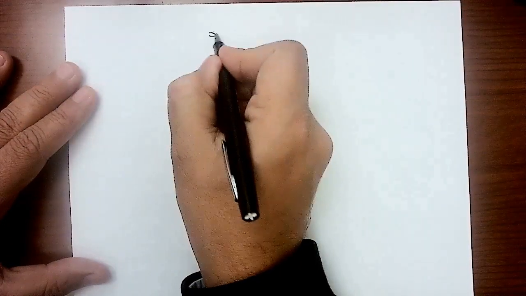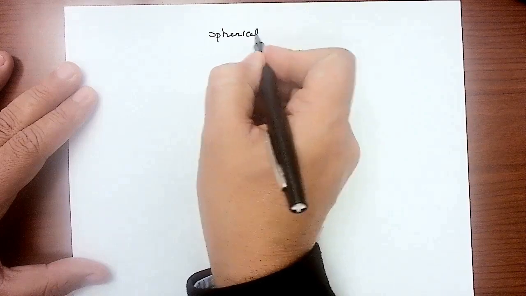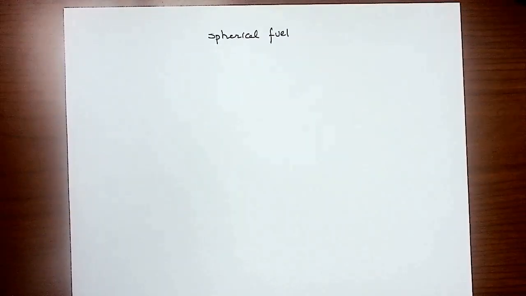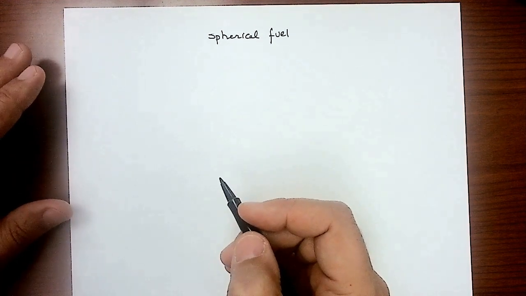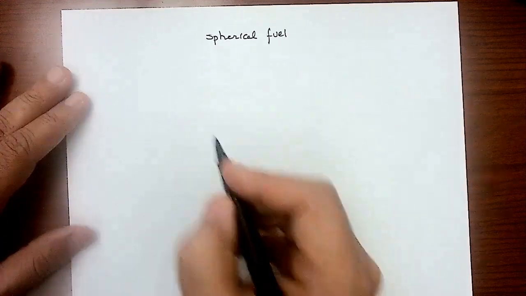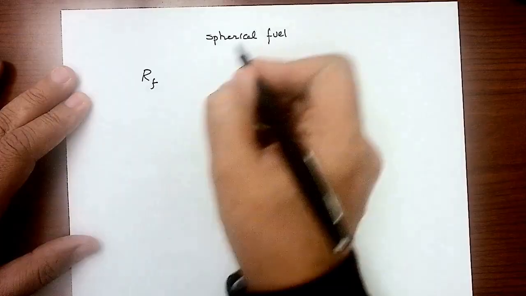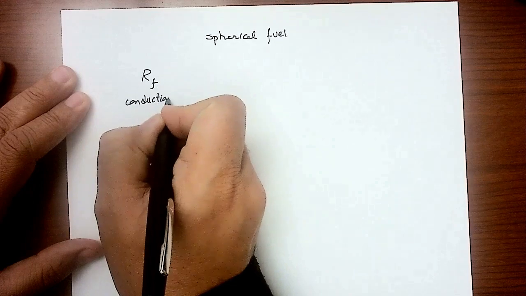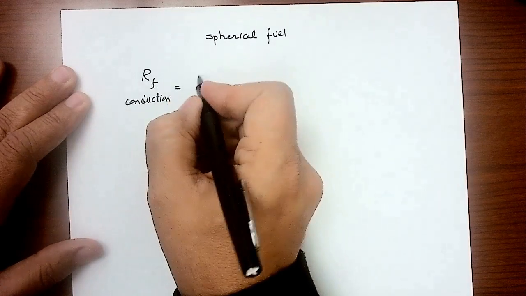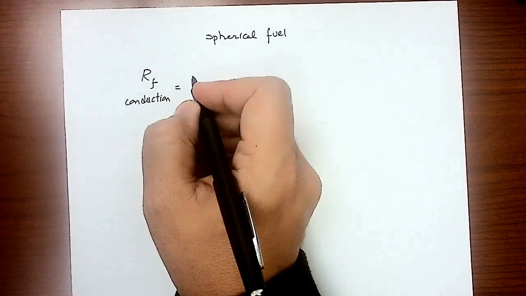So we did learn Q dot for plate type fuel, for cylindrical fuel. What about the spherical fuel? I'm not going to go through the derivation. I'm going to give you the equation right away for the spherical shape fuel type, which is the pebble type one. So the equation will be actually R fuel for a spherical shape, the conduction. This is the conduction resistance, which is simply equal to